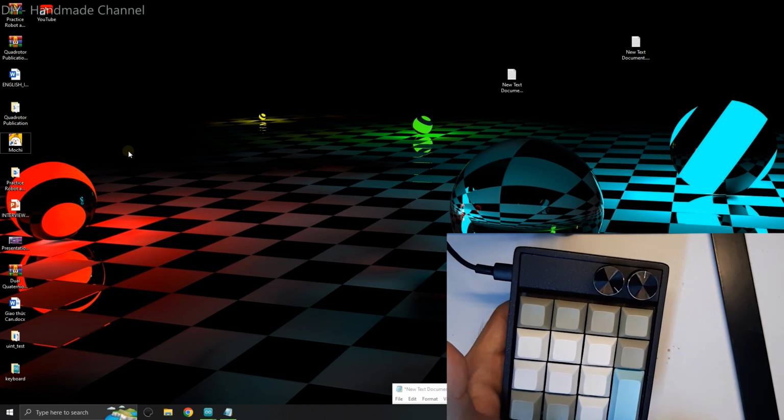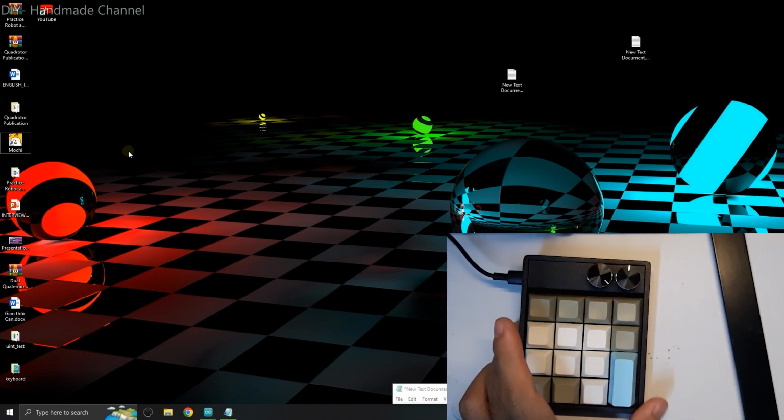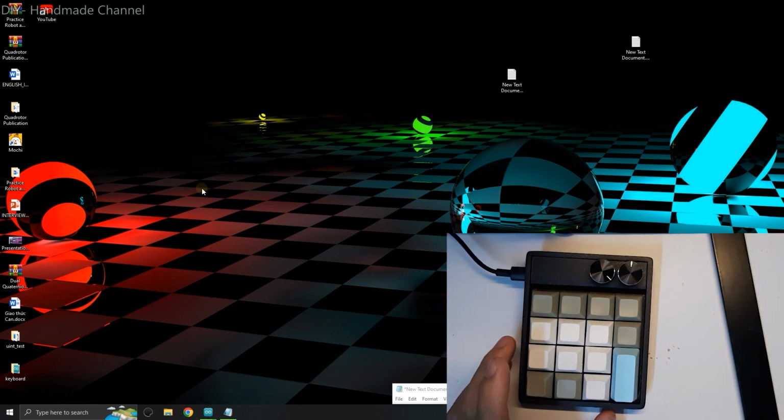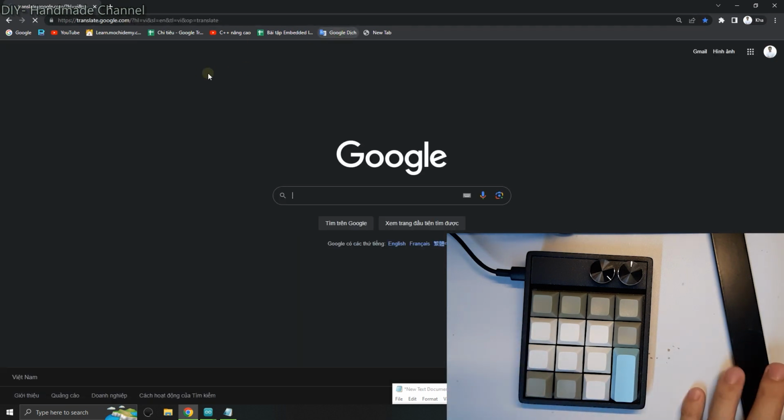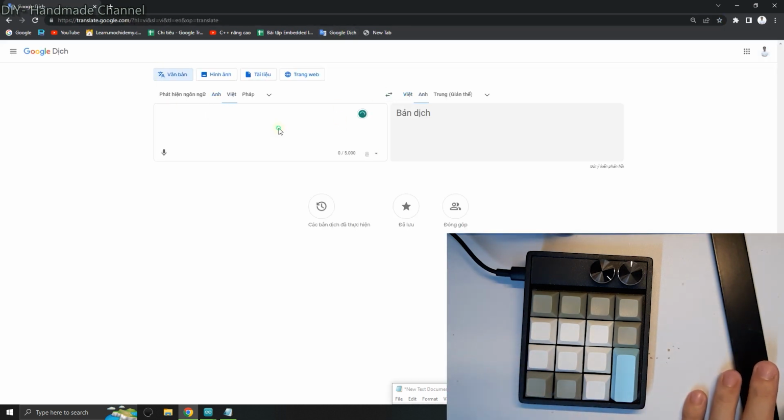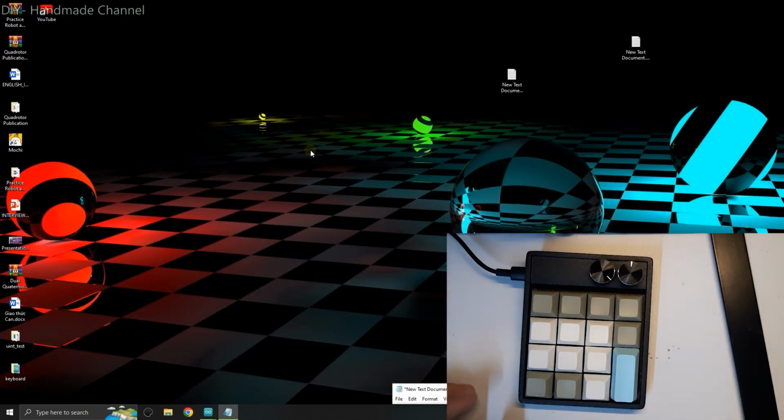I do this because when we load an app, it will take a long time, and I don't want the app to run when I accidentally press the wrong button. It's just a safety function.